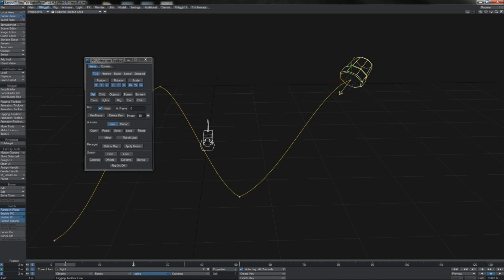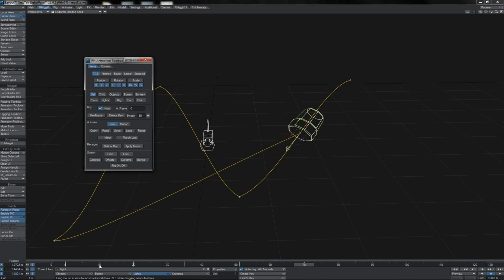We have our light item here. It obviously has a position and rotation at the current keyframe, even though of course it does have a motion on it. Let's say we were looking at the position here, which you'll notice is in between keyframes. Clearly there is still a value for the position and rotation, though it's not recorded as a key. We have cell on for the selected item. We're in pose mode. We can copy that pose, come out to some other point in the timeline where we want the pose to be repasted or copied to, click paste, and there we see the pose that was copied